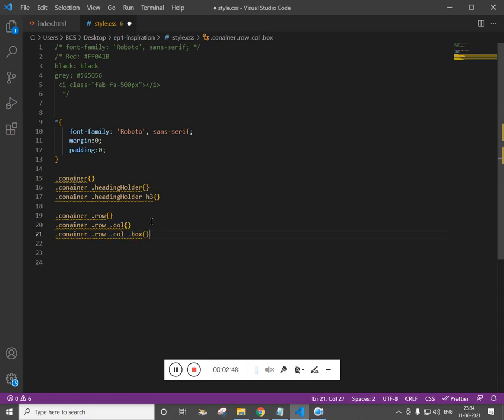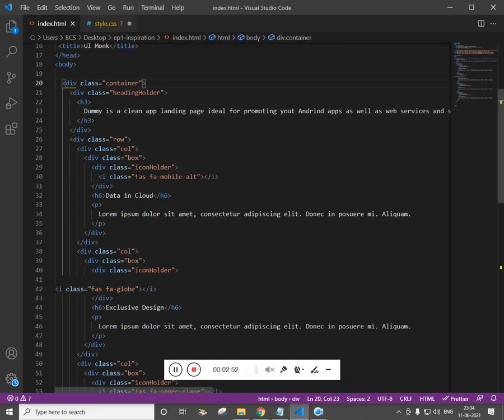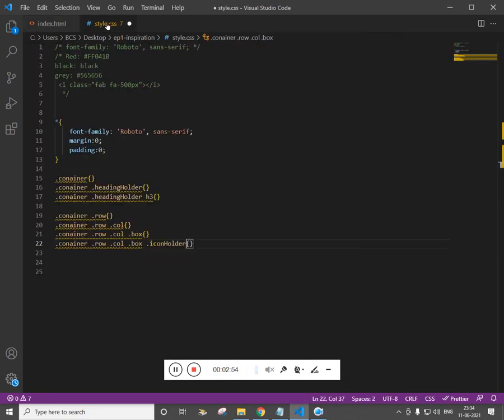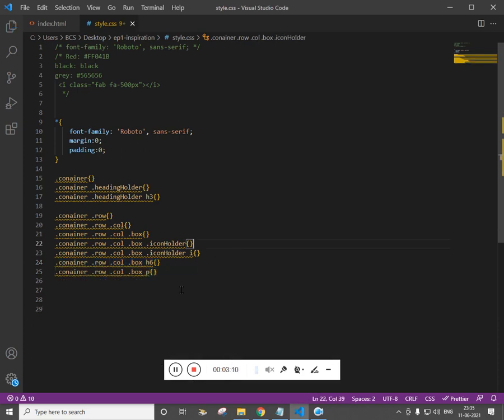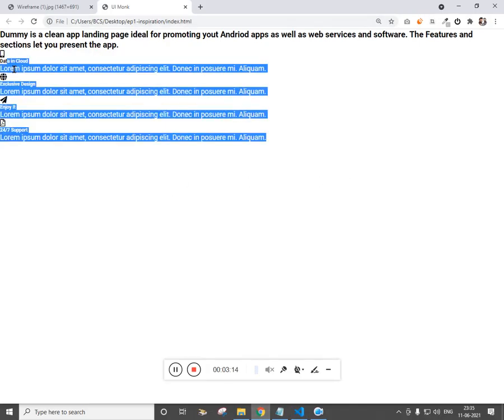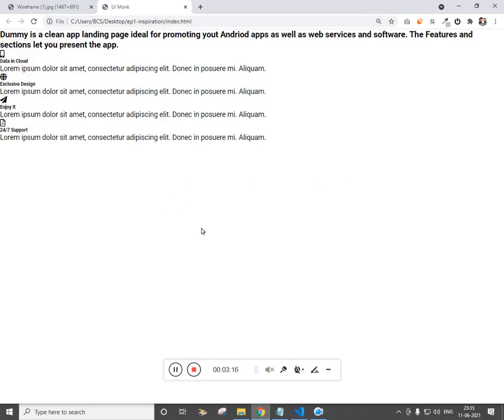Inside box we have icon holder, and inside icon holder we have the i tag. Then inside box we have h6, and inside box last we have the paragraph. So I would recommend you to follow this as we are using CSS, just to avoid the CSS override issue.